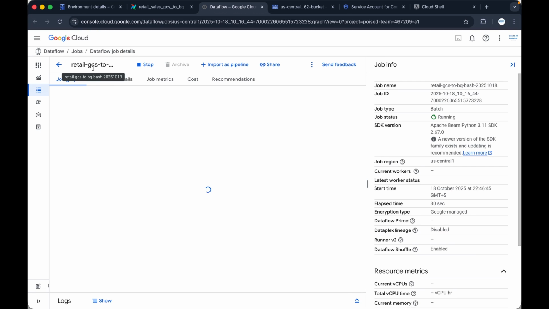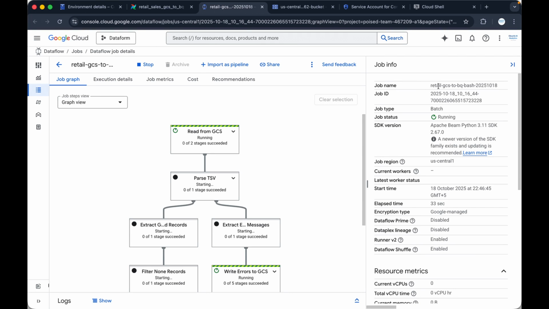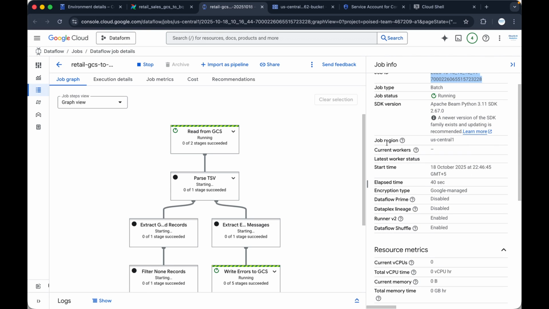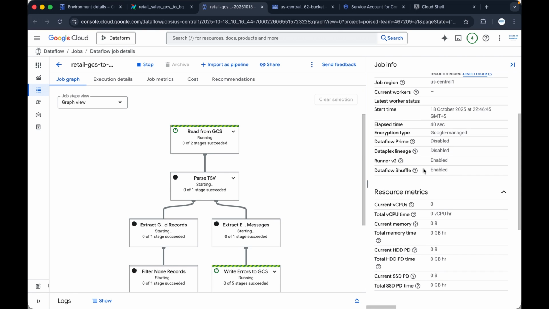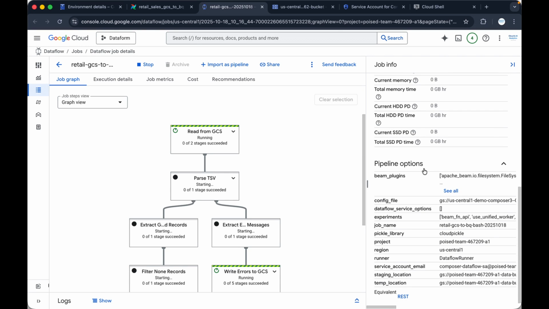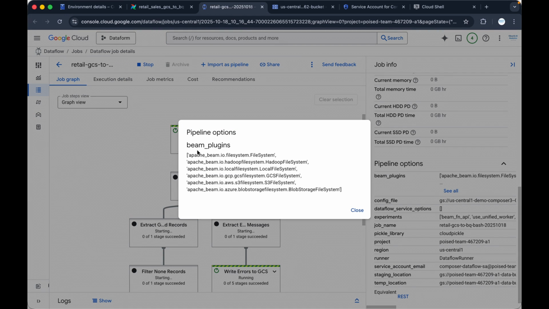So retail GCS to BigQuery. Here you can see the job name, the job ID, job type, job status, SDK version. You can find all the details like job region, current workers, all the details you will be able to find. It is still in the initial stage only. It is not executed, and you can see all the Beam plugins like file system, local,